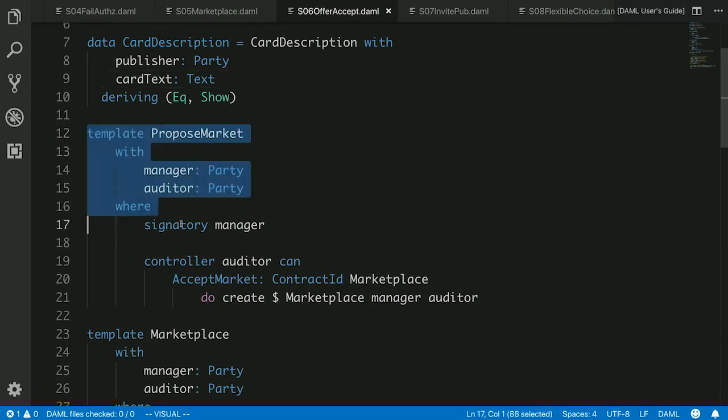So here we have another contract template that only has 1 signatory. Because it only has 1 signatory, this is something that can be created unilaterally. The manager can create this contract without reference to any other party, put it on the ledger, and make it available to the auditor party to choose to accept.